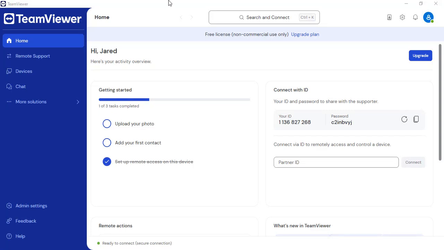In today's video, I'm going to teach you how to update TeamViewer to the latest version. Keeping TeamViewer up to date gives you the latest features, smoother compatibility with partners, and important security patches that protect your remote connections. The best part is you can verify your version and check for updates right inside the app